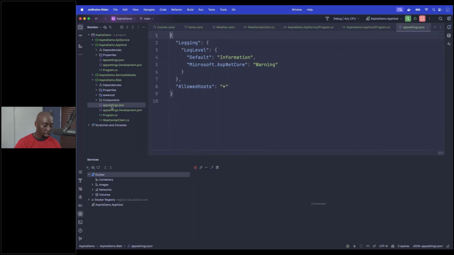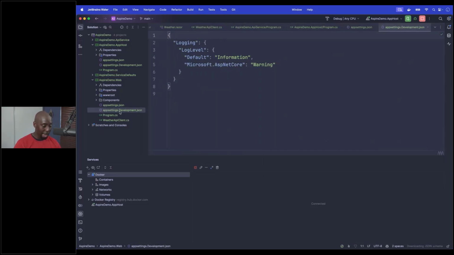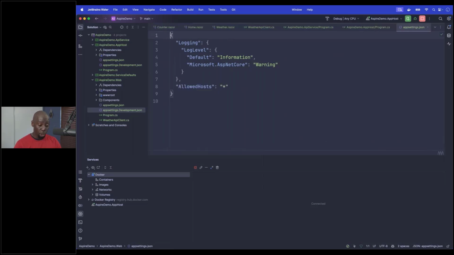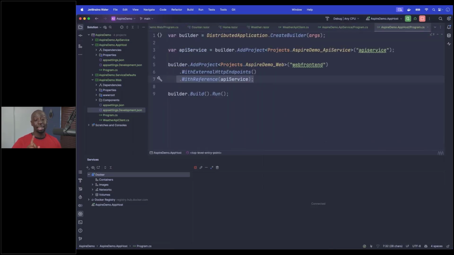If I look in my appsettings.json file, if I look in my appsettings.Development.json file, you'll notice that there is nothing in there that's letting me know what the port and the URL for that web API service is. Nothing's telling me, right? So that means that if it changes, if it goes down, if something happens to it, if I put it on a different machine, the only thing that's happening is that my orchestrator is able to pass that around in configuration. But again, I don't have to know what that is. I don't have to set that up. That's something that it does for me.